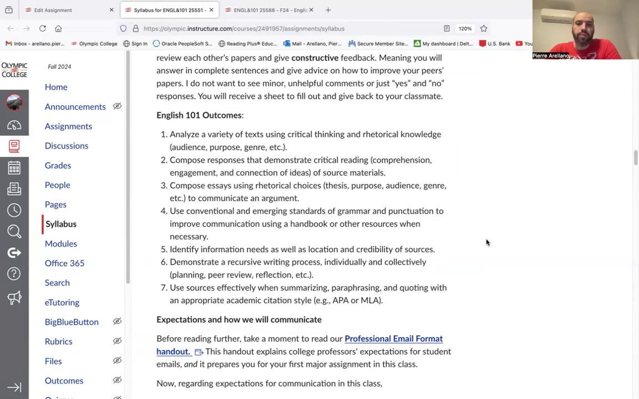Two is compose a response that demonstrates critical reading, comprehension, engagement, and connection of ideas of source materials. Three is compose essays using rhetorical choices, a thesis, a purpose, audience, genre, etc., to communicate an argument. Four is use conventional and emerging standards of grammar and punctuation to improve communication using a handbook or other resources when necessary. Five is identifying information needs as well as locating credible sources. Six is demonstrate a recursive writing process individually and collectively: planning, peer review, reflection, etc. And seven is using sources effectively when summarizing, paraphrasing, and quoting when appropriate, with academic citation style, either APA or